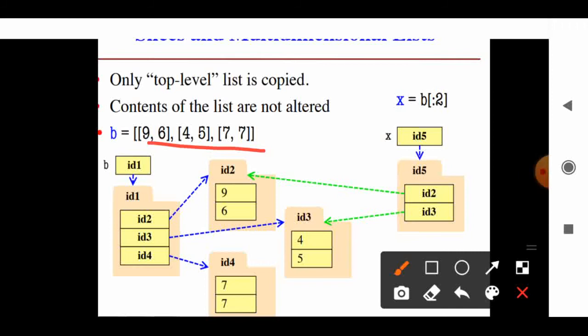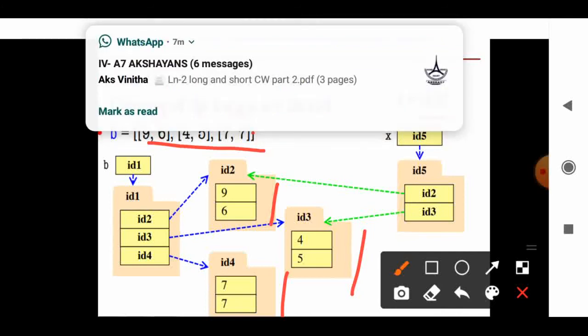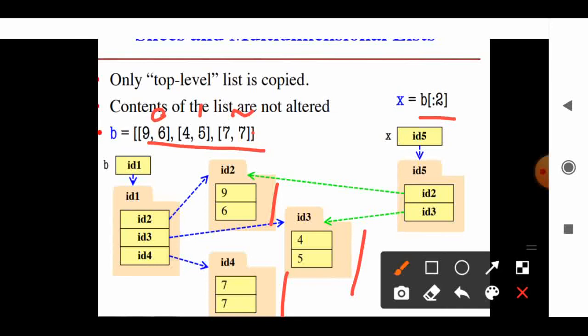We have stored in the variable id1 the lists id2, id3, id4. id2 has two elements, id3 also has two elements, id4 also has two elements. x of b of colon 2 will retrieve the data from index 0, 1, up to 2, and display the result: id2 and id3.